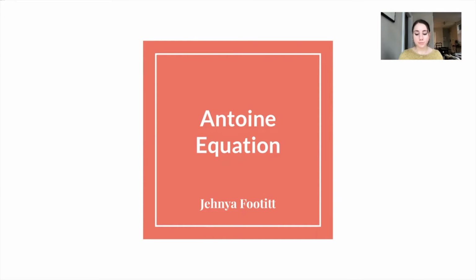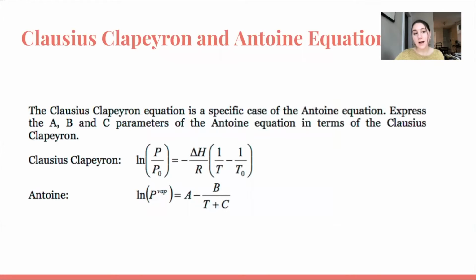I am a part of Group 13, and this semester we worked on our project, the Antoine equation. Chemists often use the Clausius-Clapeyron equation to estimate the vapor pressures of pure liquids or solids. Several of the assumptions made in the derivation of the equation fail at high pressure and near the critical point, and under those conditions, the Clausius-Clapeyron equation will give inaccurate results. Chemists still like to use the equation because it's good enough in most applications and because it's easy to derive